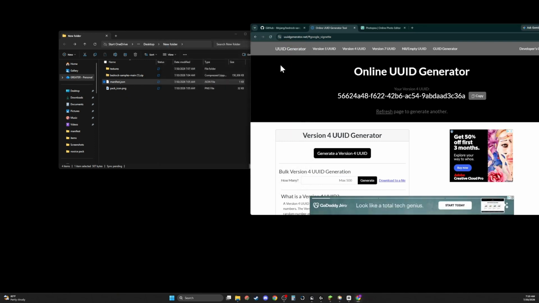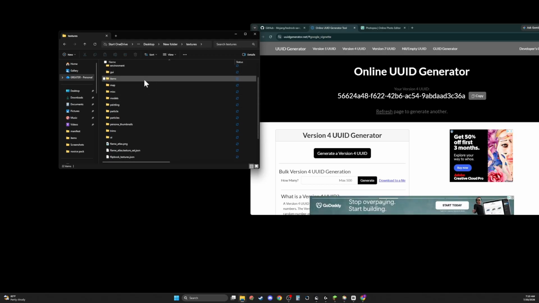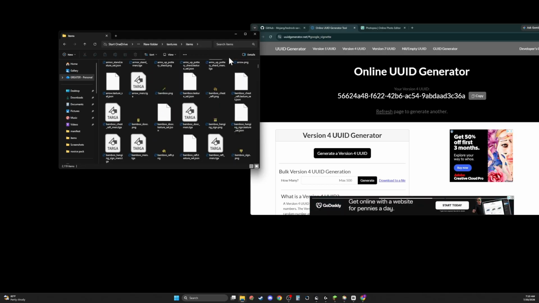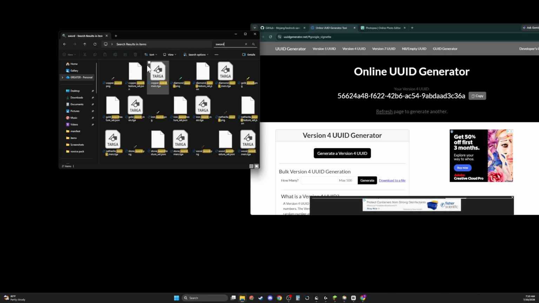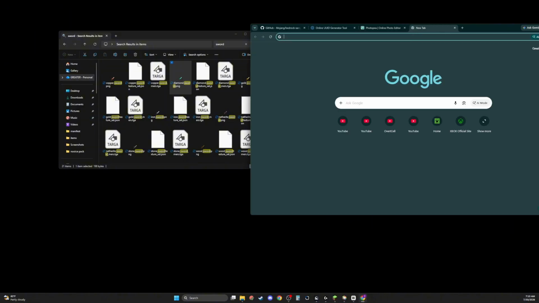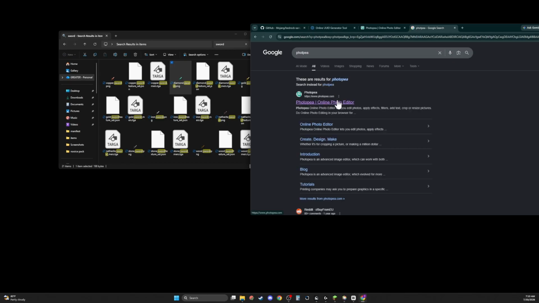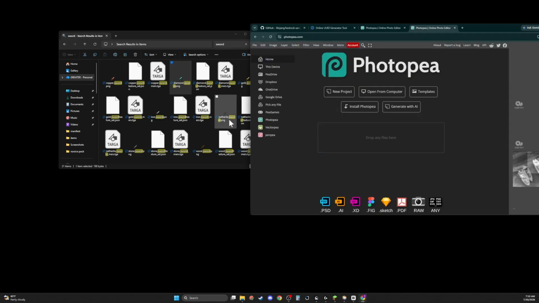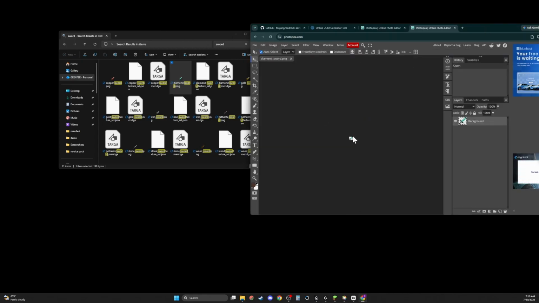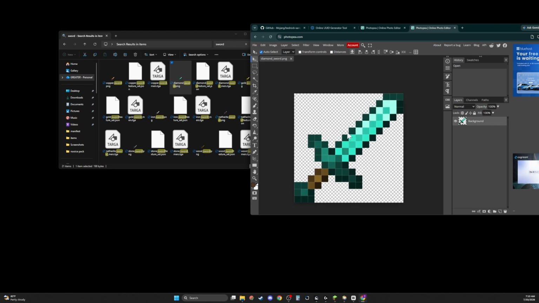So you just want to save that, and then go to the textures folder. Let's go to items first, and we can search sword. Say I just want to edit the diamond sword. You can go to Photopea. You just type Photopea and go to it. It's basically Photoshop, but free. You don't have to pay for it, minus a few things. I think there's only one thing, maybe two, that this can't do that Photoshop can, but it's pretty good. And then you can just edit it however you want